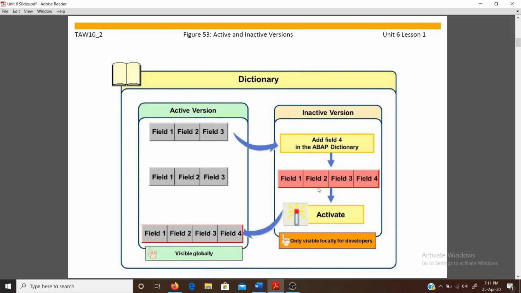When this is in an inactive version, then only the programmer or developer can see it locally, not globally. So for all the other users, it will not be visible. But once you have activated field 1, field 2, field 3, field 4, it becomes visible globally.